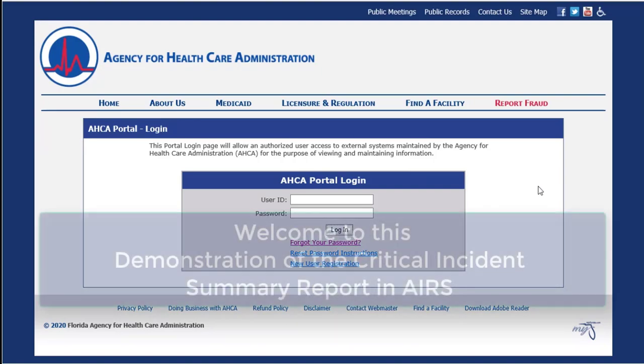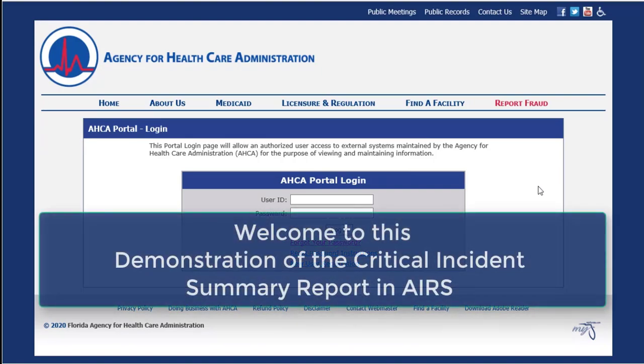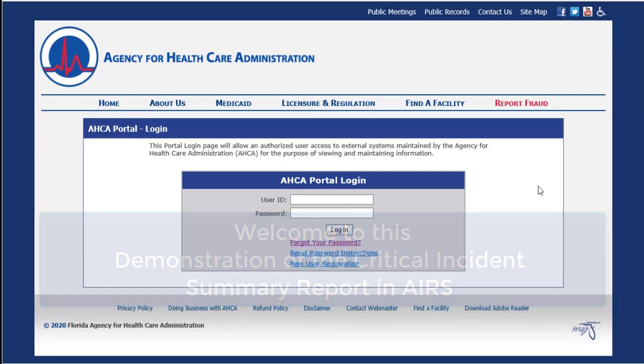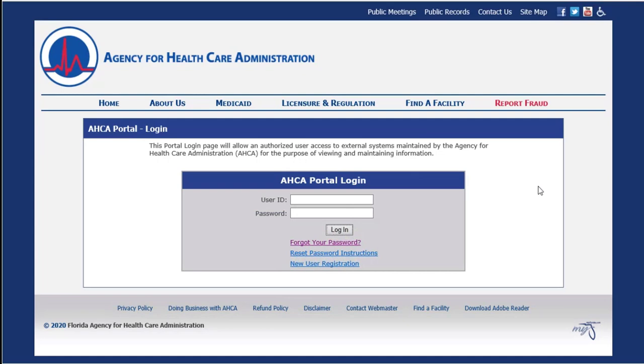Hi, this is a demonstration of the Critical Incident Summary Report in AHCA, the AHCA Incident Reporting System. This demo focuses on Critical Incident Summary Reports only. Other demonstrations will cover individual Critical Incident Reports and Adverse Incident Summary Reports. With AHCA, health plans can enter Critical Incident Summary Report data, upload the attestation document, and communicate with the agency